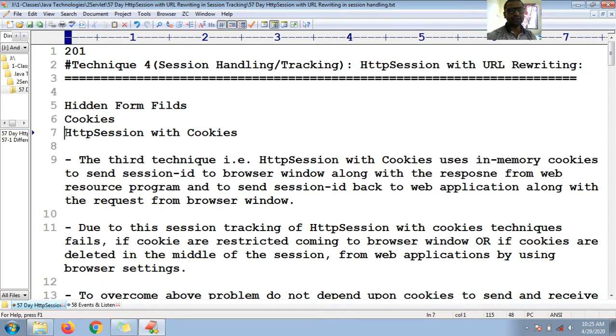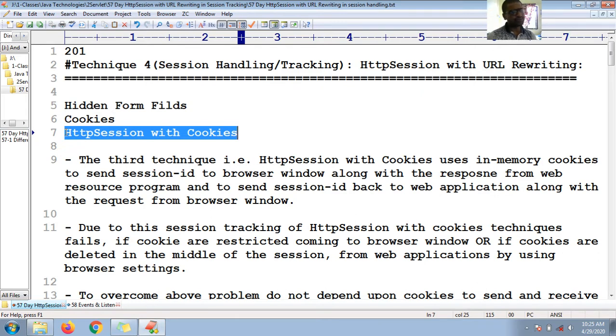The third technique, that is HTTP session with cookies, uses in-memory cookies to send session ID to the browser window along with the response from the web resource program, and to send session ID back to the web application along with the request from the browser window.